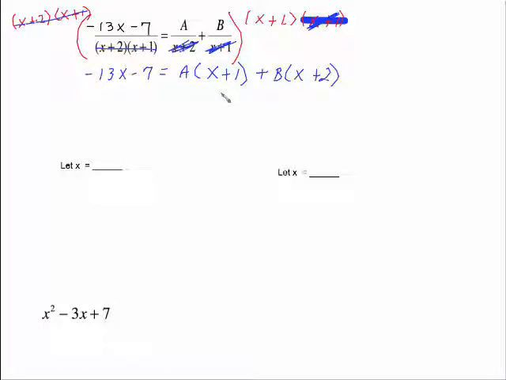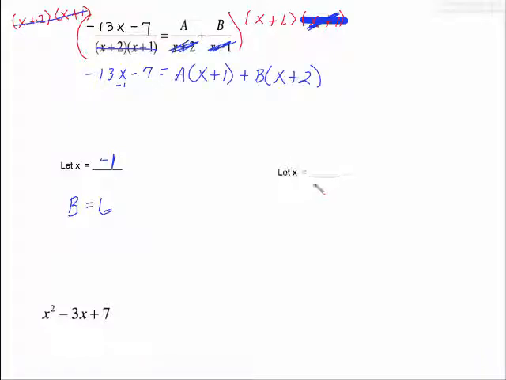If I let x equal -1, I put -1 right in here, this becomes 0 and goes away, and I will end up with -1 plus 2 is 1, b, so that's just b. Put -1 in here, -13 times -1 is 13, minus 7 is 6. So very easily we end up with b equal to 6. Same steps over here,